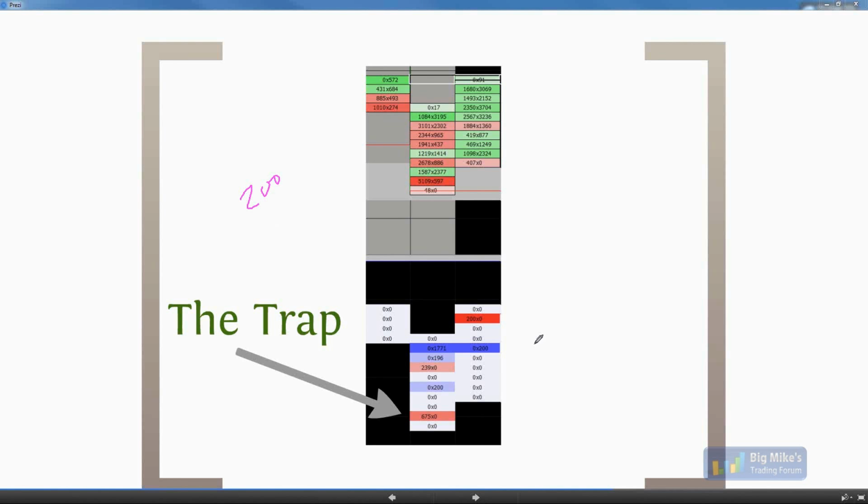All right, context. Do I care that a lot of people are buying and selling right in here? No, for a couple reasons. I shouldn't say I don't care about it, but I care a little bit less because I'm not looking to do anything in here. Plus, it's in the middle of a range. I want to look at the edges and where people are trading on the edges. And what do I mean by edges? After a 3 or 4 point break in this case, so from here to here, plus it's in a level